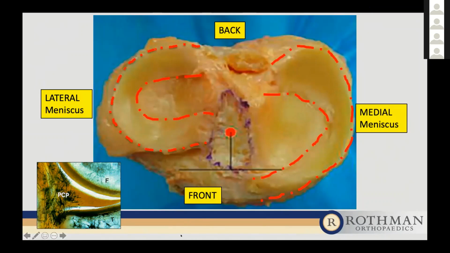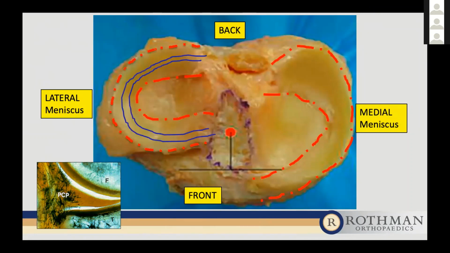So menisci, as we said, they work in shock absorption. So they have these fibers, those blue lines. We call those circumferential hoop stress fibers. And that's the orientation of those fibers. They're attached to the bone in the front and in the back. And so when you step down and the femur pushes into the top of the tibia, those fibers being attached to the bone in the front and the back is what prevents that meniscus from basically being extruded